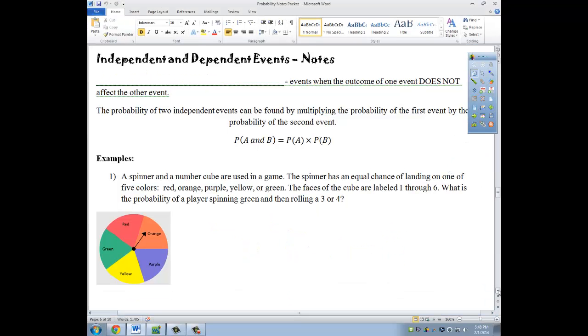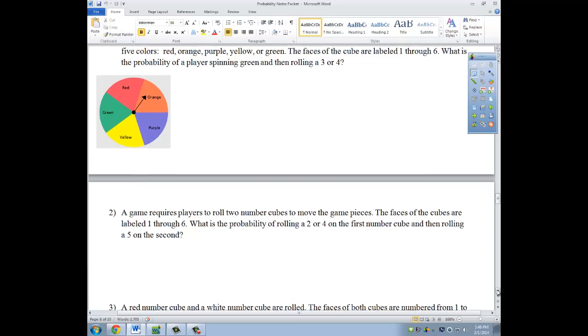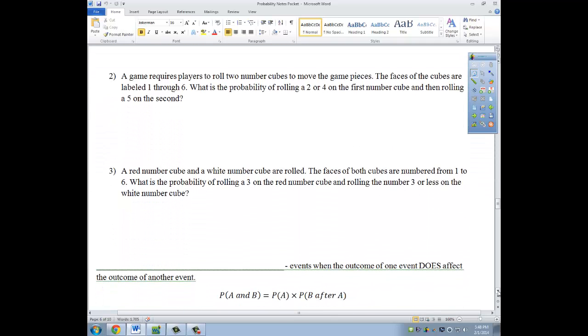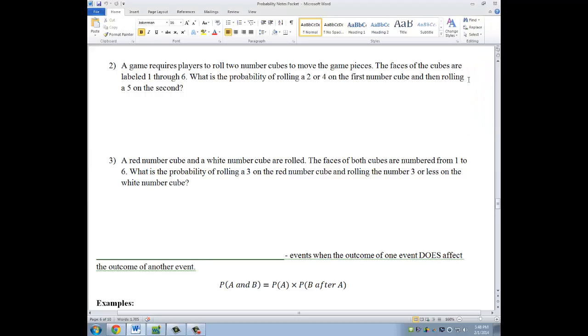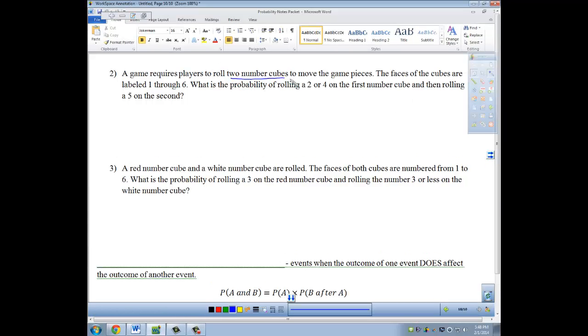Okay, on the next page, number 2, a game requires players to roll 2 number cubes to move the game pieces. The faces of the cubes are labeled 1 through 6. What's the probability of rolling a 2 or 4 on the first number cube and then rolling a 5 on the second? This is an independent event because you have 2 separate number cubes. Well, even if you had 1, it doesn't really matter because after you roll a number cube once, you can get a 2 or a 4. Then when you roll it again, it doesn't matter what you got the first time,